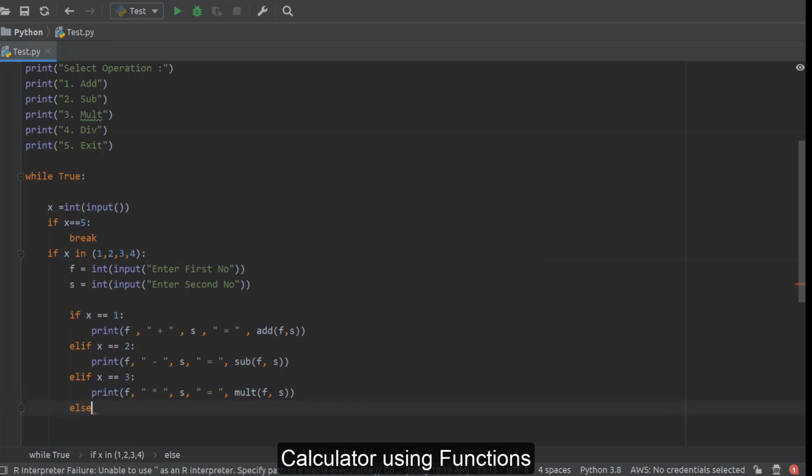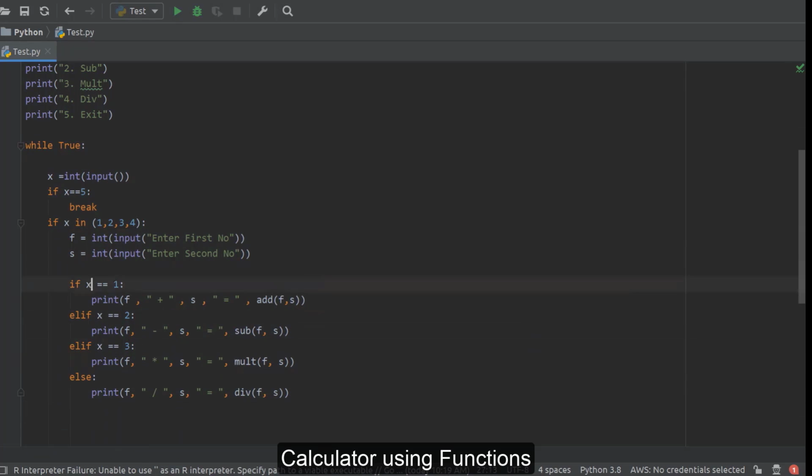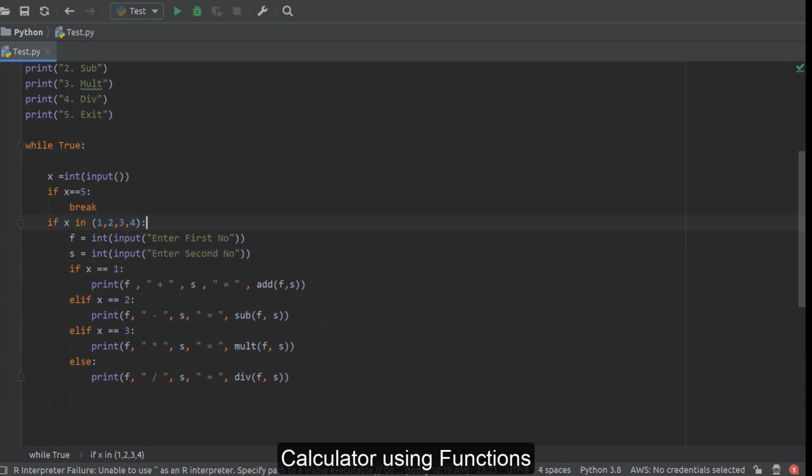And in the else case it will be the division option. So this if elif will work if X is one of these 4 numbers. If it is not, then we'll give a message like wrong input.